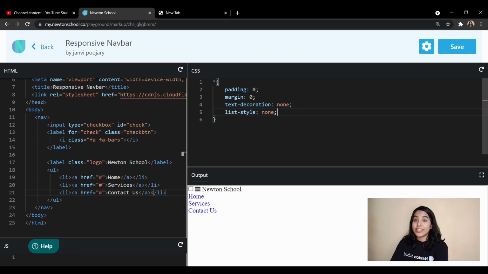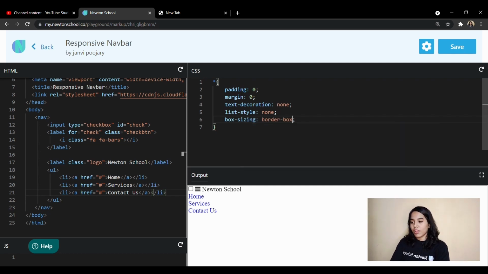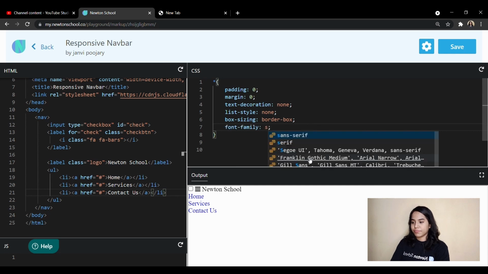Now an important thing is that whenever you use an anchor tag, remember one thing, that an underline comes under your text. To remove that, a very simple trick is that you have to put list style as none. One more thing that we're going to do is put box sizing as border box, and font family as usual sans serif.